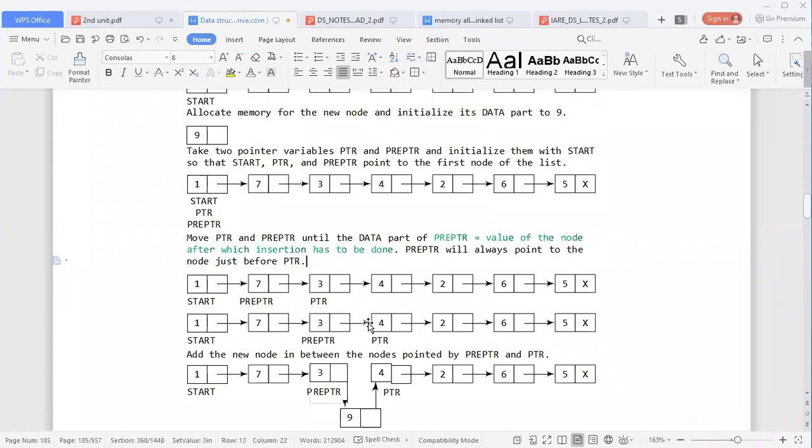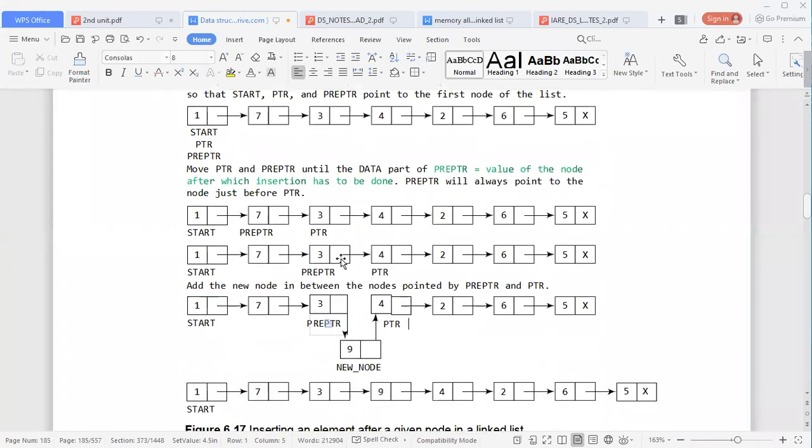Is it clear to everybody? Roll number 94. Yes, sir. We are supposed to stop our pre-pointer where the new node is to be added as a next element to the value node. Now our aim is to add a node after 3. Insert a new node as a node after 3, so our pre-pointer stops here. Pointer moves to the other node.